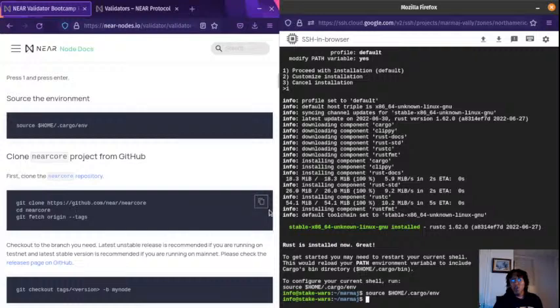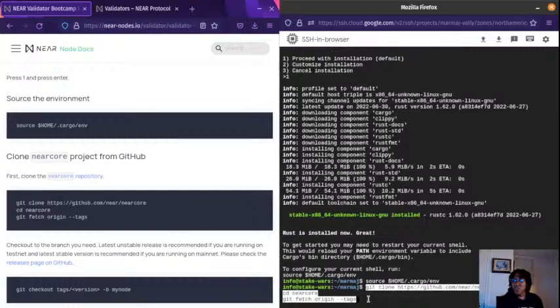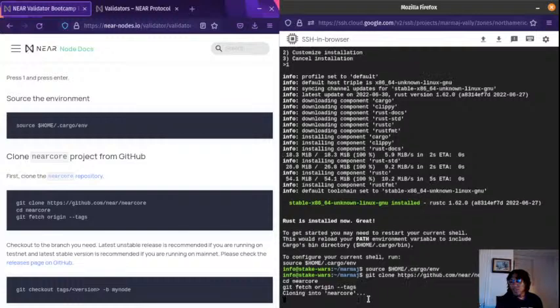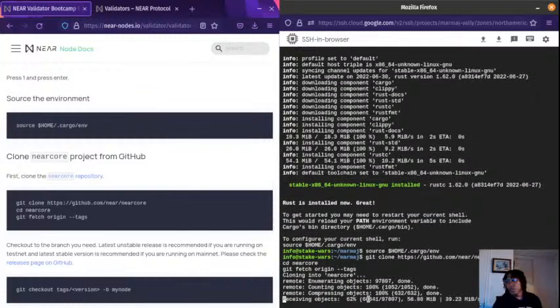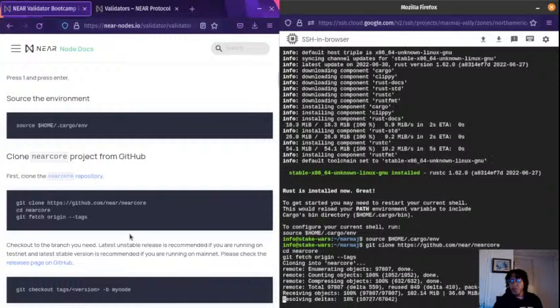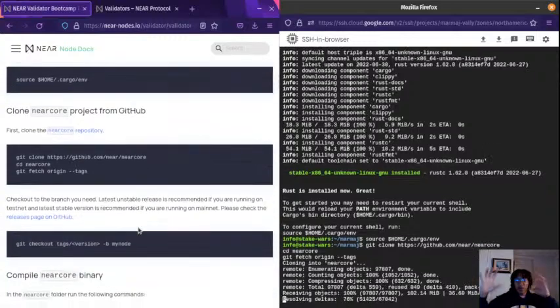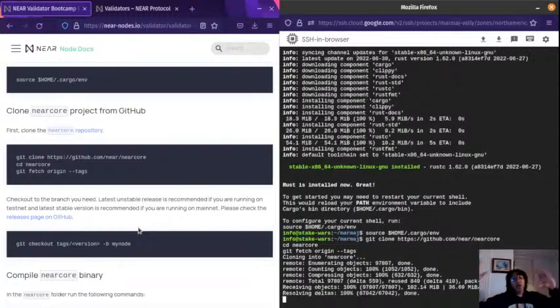So clone nearcore from GitHub. I think it'll work. I haven't used Git on this VM yet, so it worked. Cool. So nearcore is just a repository on GitHub somewhere that Near or Pagoda maintains. And we're just saying, hey, GitHub, please give us this file and put it onto our virtual machine, onto our computer. So we clone